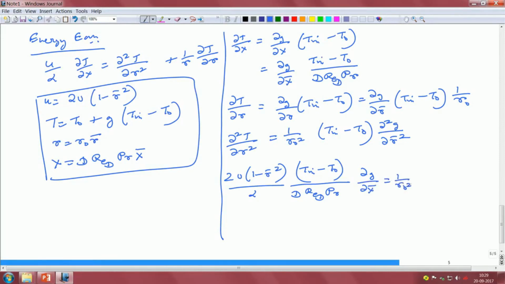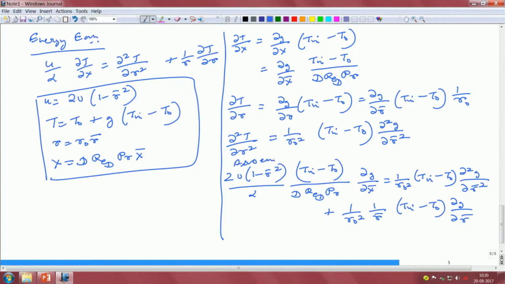Then 1 over r naught square (T in minus T naught) d²g by dr bar square plus 1 over r naught square, 1 over r bar (T in minus T naught) and dg by dr bar, right. This is the full-fledged expression, assembling all terms, right. Okay. So, therefore, moving on,